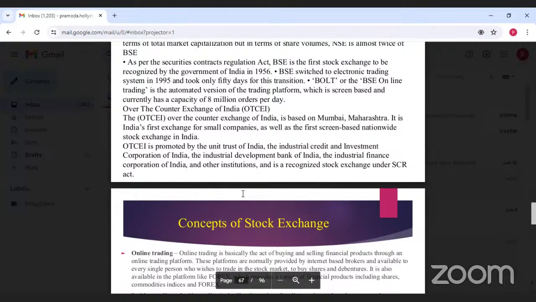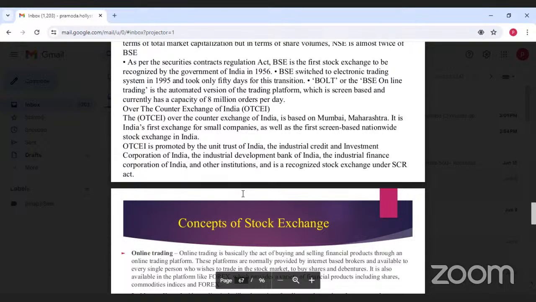Over the counter exchange of India. This is also a Mumbai-based exchange, and this is the first exchange where very small companies' securities are purchased and sold. It was set up by UTI under the supporting hand of ICICI, Industrial Credit and Investment Corporation of India, and IDBI. All these industrial financial institutions and development banks have set up this